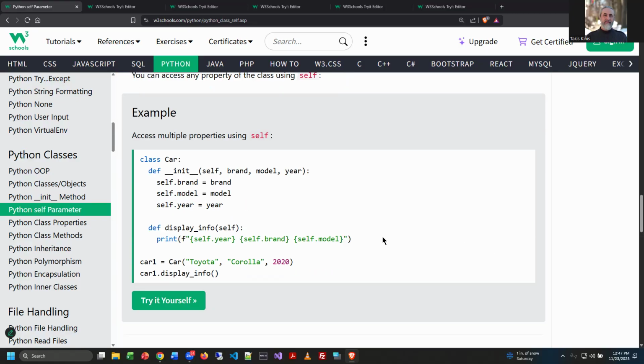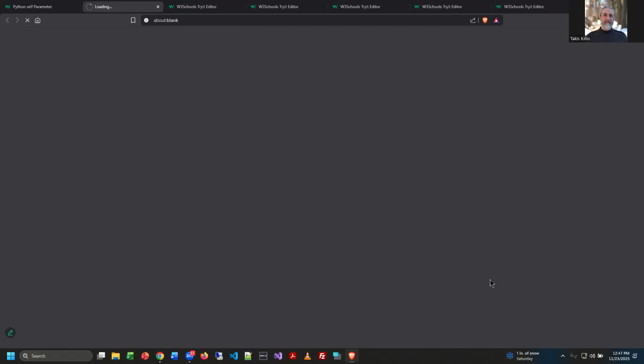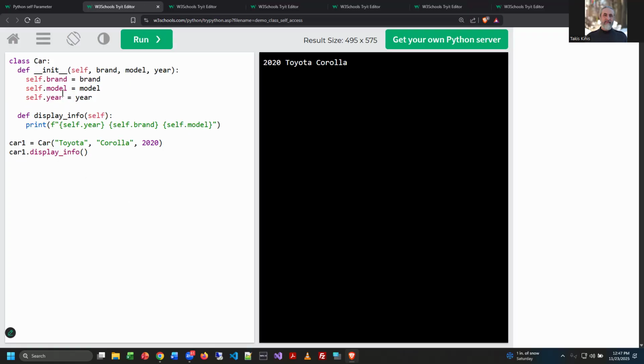Here they have an example. And interestingly, we will do an exercise with cars where we are setting a brand, a model, and a year, self-brand, self-model, self-year. And then we can display the info. So it's a really common thing to do, is just to have a display thing that shows what you're dealing with, right? In the object, just to, okay, what's in the object? All right, display it, and so here we build the car with those features, and then we just display info,